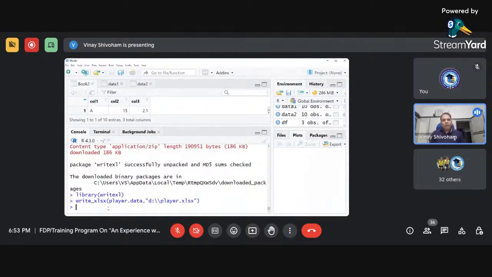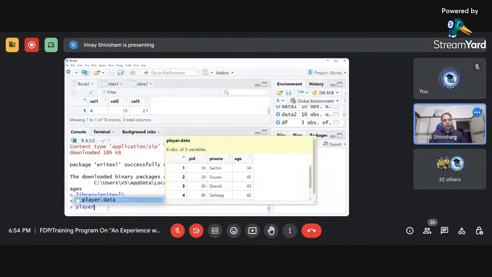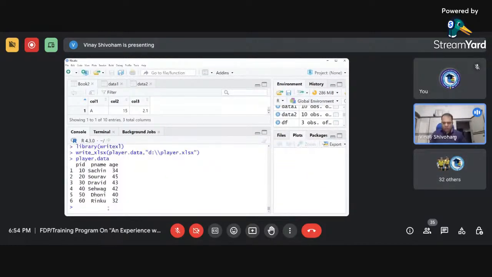It has been successfully exported to XLSX, right? So let's take a deeper look at how it exports the data to an Excel file. This was a comma-separated file, the CSV file. Now this time I look at the data frame. For those who were not available yesterday, I'm showing the player data containing the player name, age,